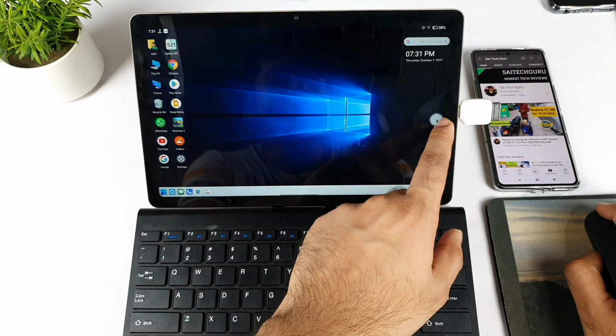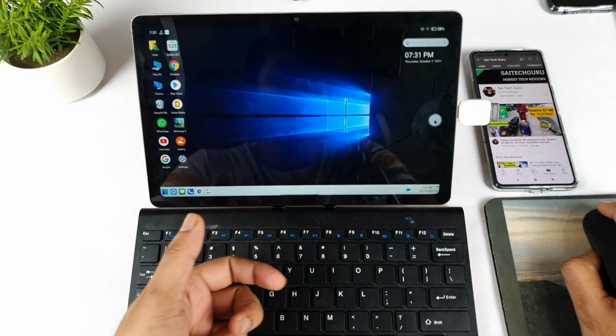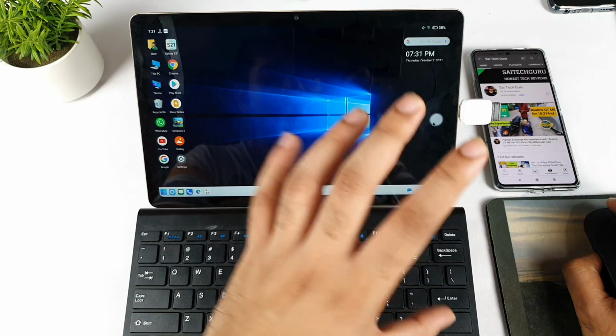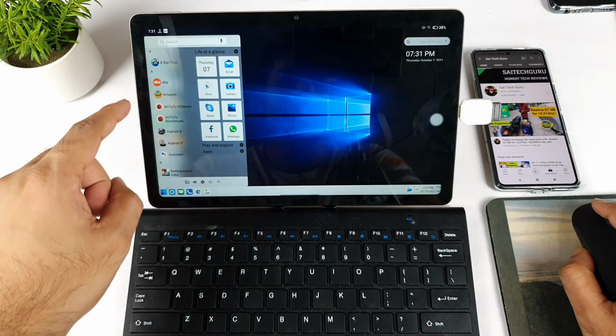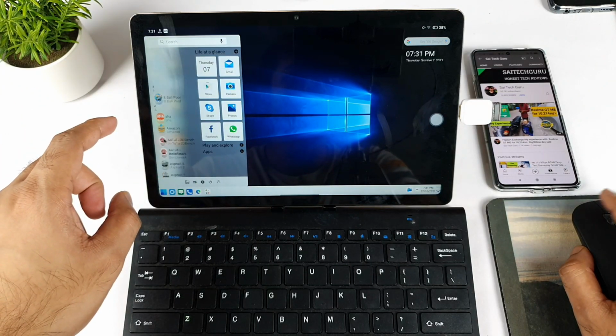And the reason why I asked about this button is that if you want to go to the home screen, you can long press on that button and go to the home screen. Now I'll show you how to create the shortcuts. These are the applications which I installed in my device, as you can clearly see.